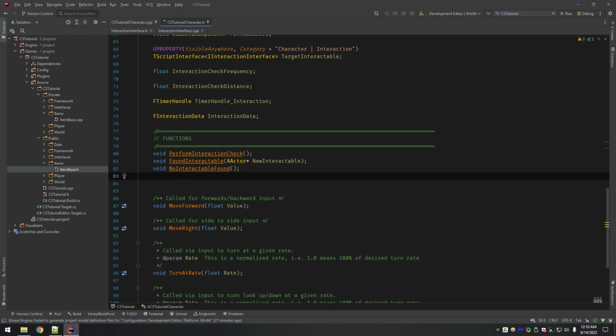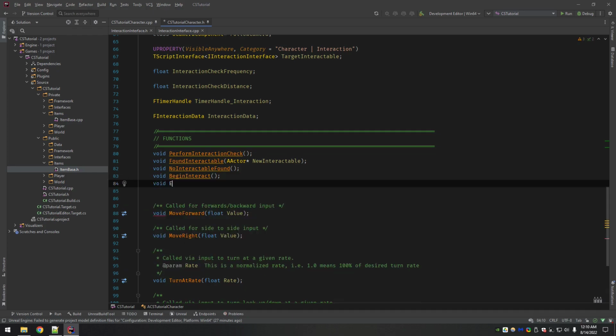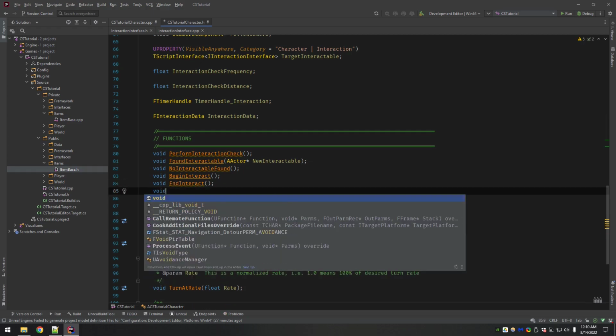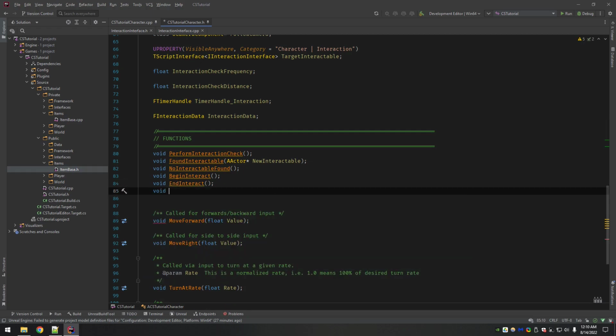We also want to have BeginInteract, EndInteract, and, oops, speaking and typing what I'm speaking, Interact. Now, these are different from the ones in the interface.